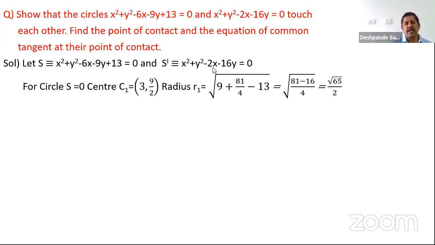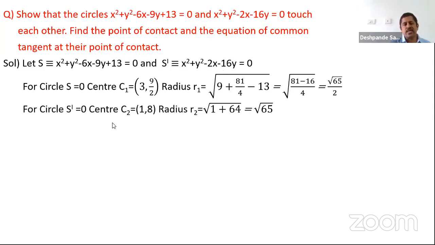Now you take the second circle here. For the second circle, 2g value is minus 2, 2f value is minus 16. So the center should be equal to (1, 8). So for circle S dash, center